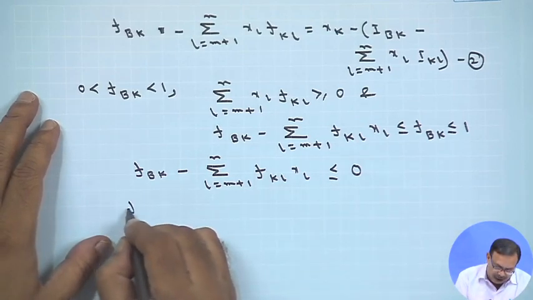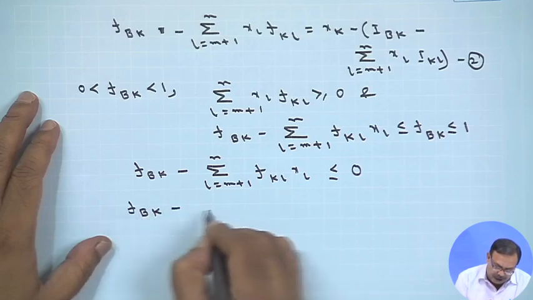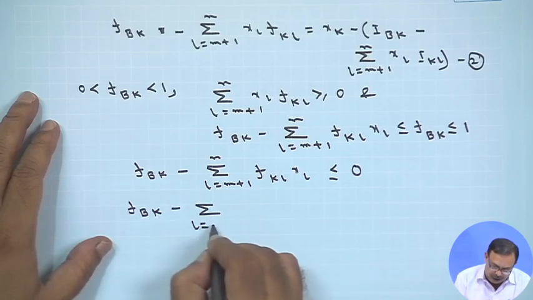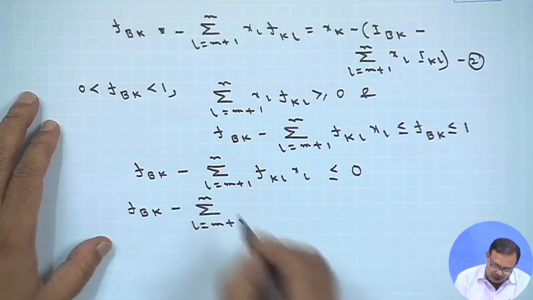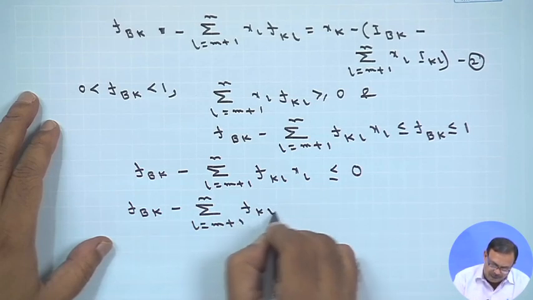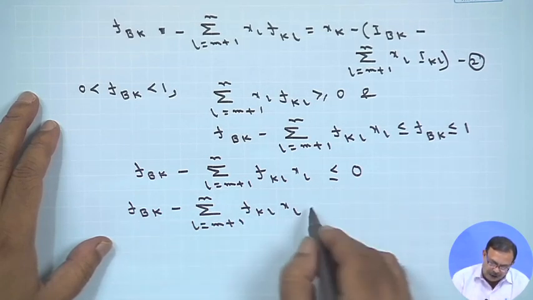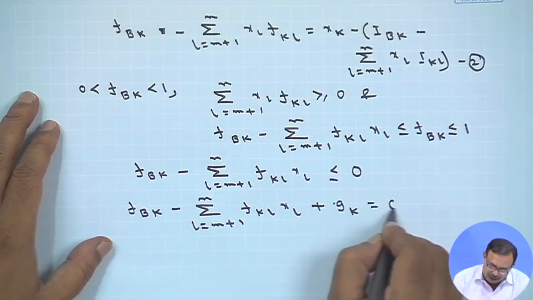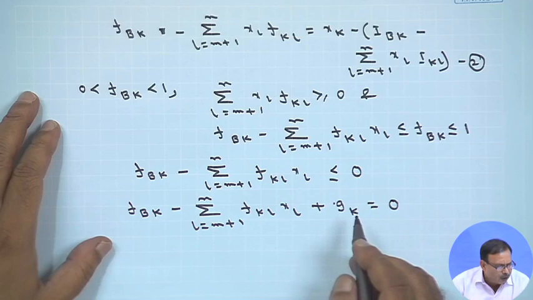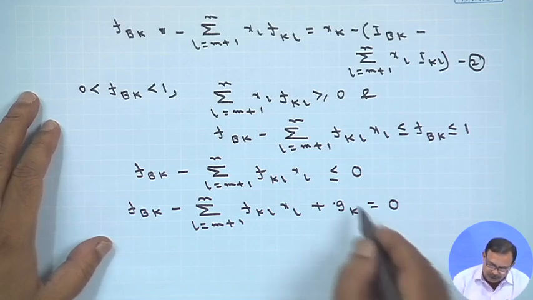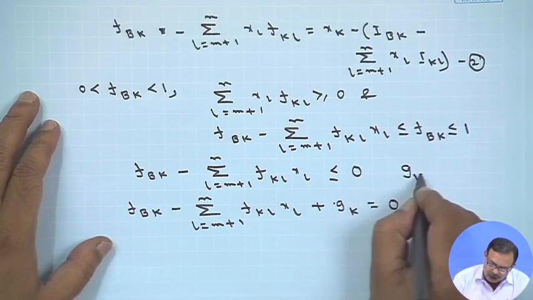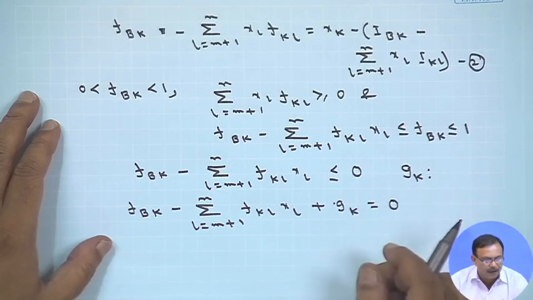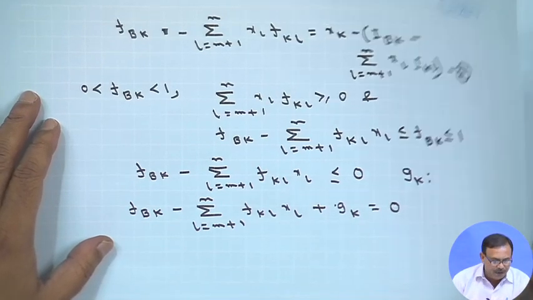That is, I can write f BK minus summation L equals m plus 1 to n f of KL XL. Since this is negative, I am writing GK, this is equal to 0,